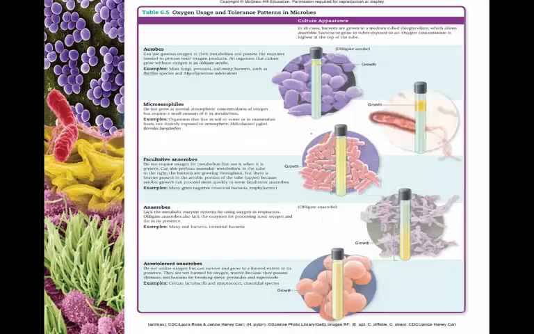So, let's get a little bit more detailed about those categories of organisms based upon their oxygen use. One thing that's nice to think about, and it's easy because you've actually seen this within the lab, is that within liquid culture, so within a broth culture, you will actually see patterns of growth for certain types of organisms. And if you think about it, it's going to make good sense. The aerobes need oxygen. They're going to be up at the top of your tube because that's where the oxygen is. So you're going to get the most growth there.